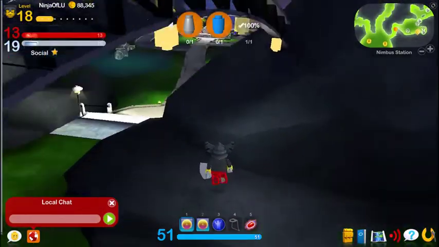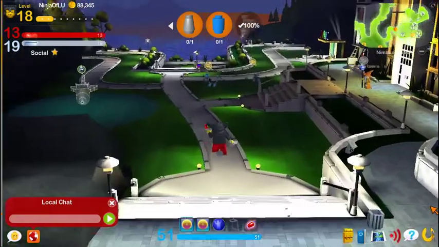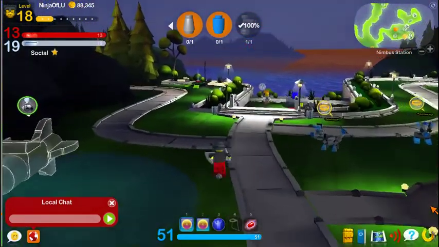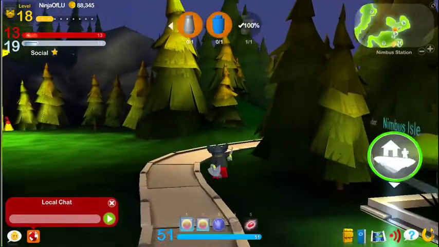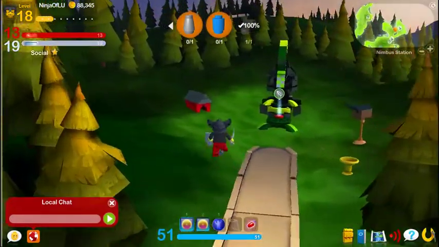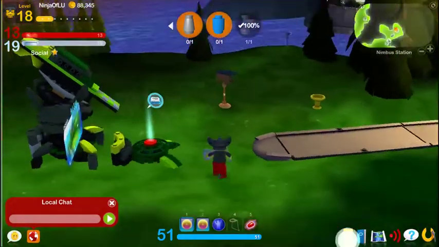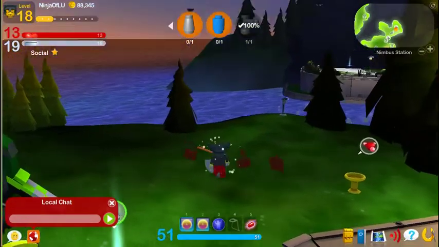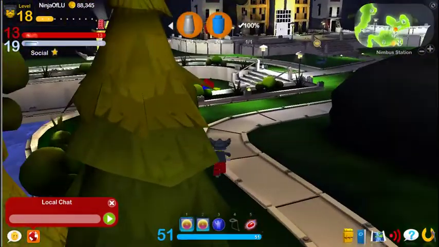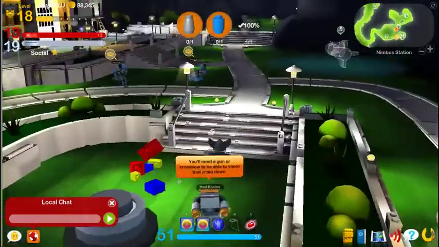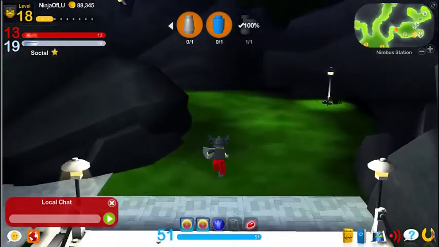If you wanted to do that, it would not be impossible. You'd have to somehow trick the server, because you wouldn't even be able to send the I've just picked up some dropped coins event from the client, because the server keeps track of all the dropped coins. The server knows exactly where all the coins are, and it's like, no, you didn't. You weren't standing there when the coins were there. You didn't get any. So that's the major divide. Almost always, the major divide between is something server or is something client is down to security.